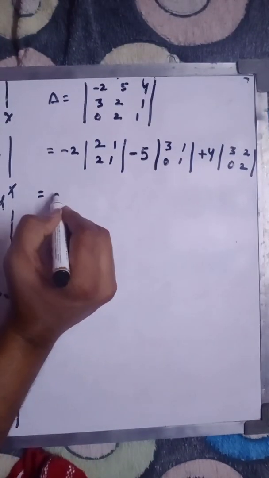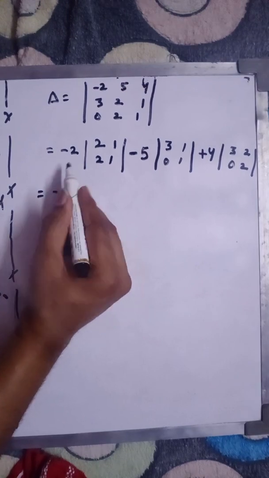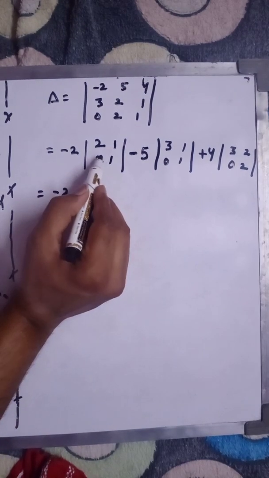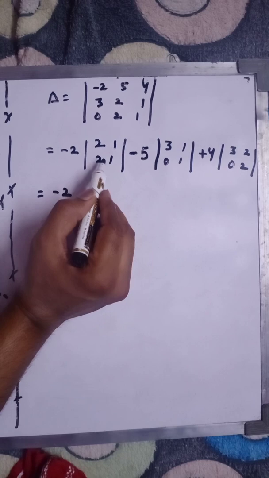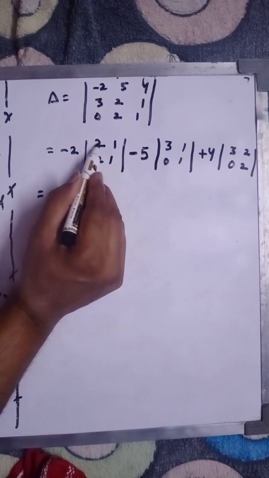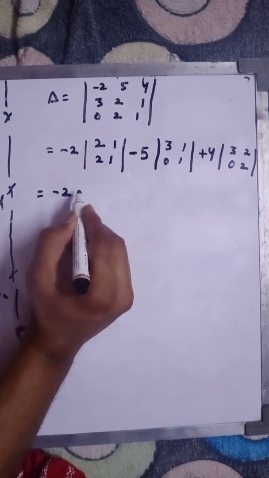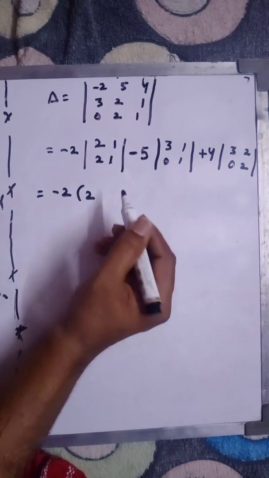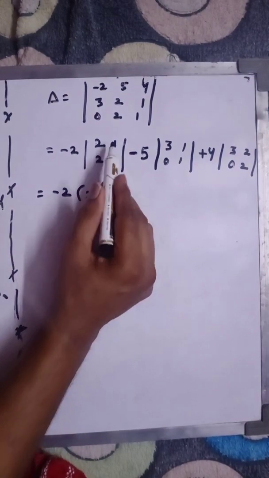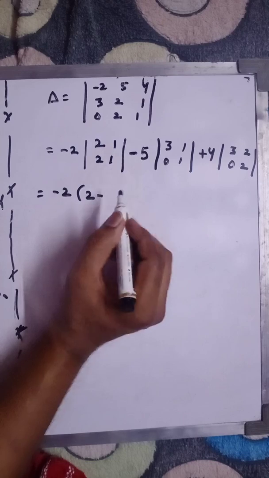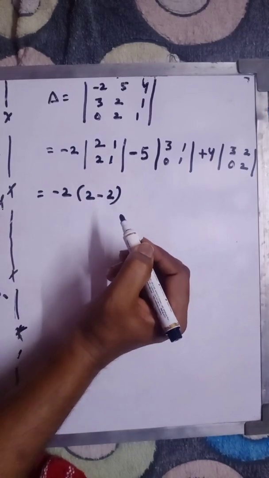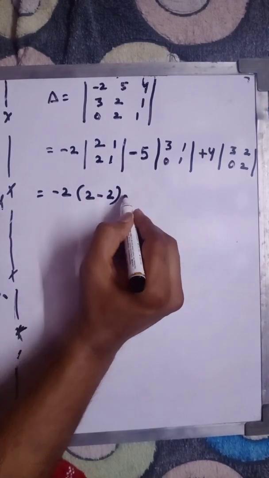After that, this -2 you have to write the same, you have to copy it. Now, as we were doing in a 2:2 order matrix, what you have to do? You have to multiply this by this, 2 into 1, that would be 2. Then you have to write a minus sign for the next. Then you have to multiply 2 into 1, you will get 2. Like this. Then you have to write -5,